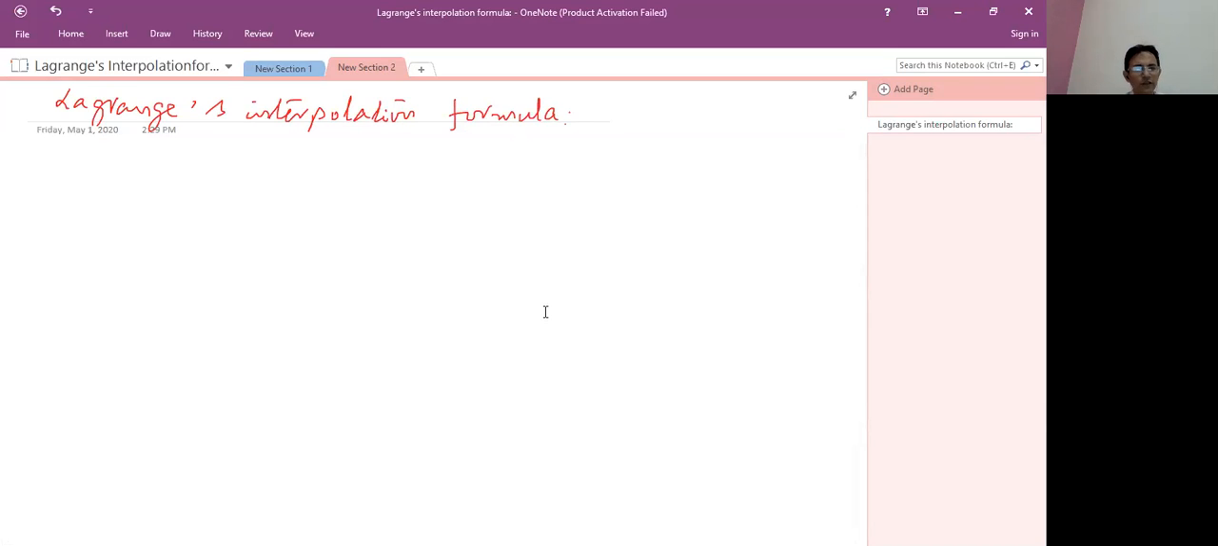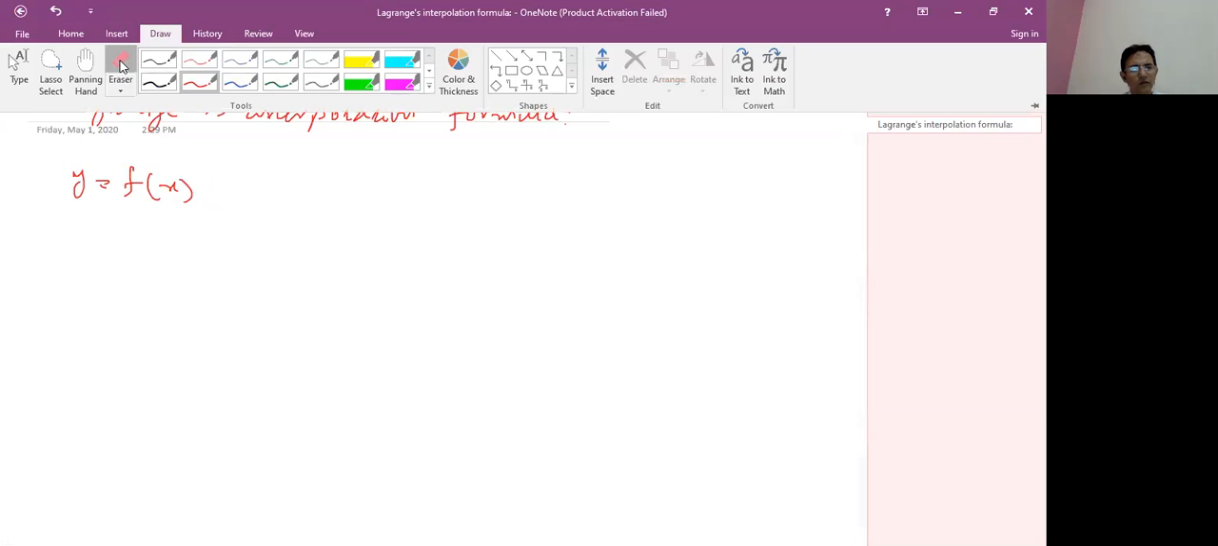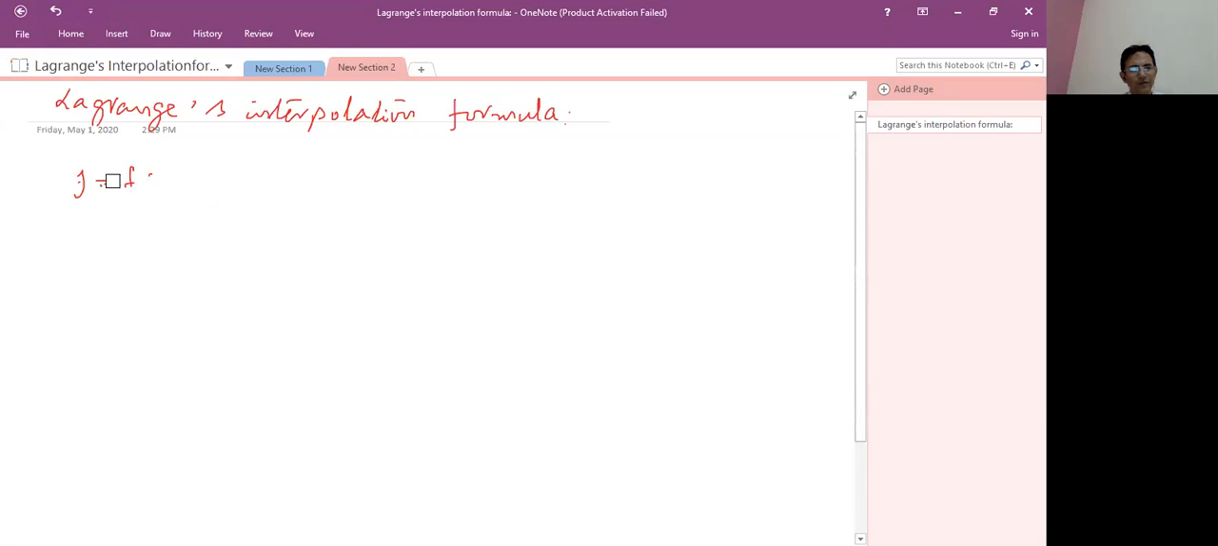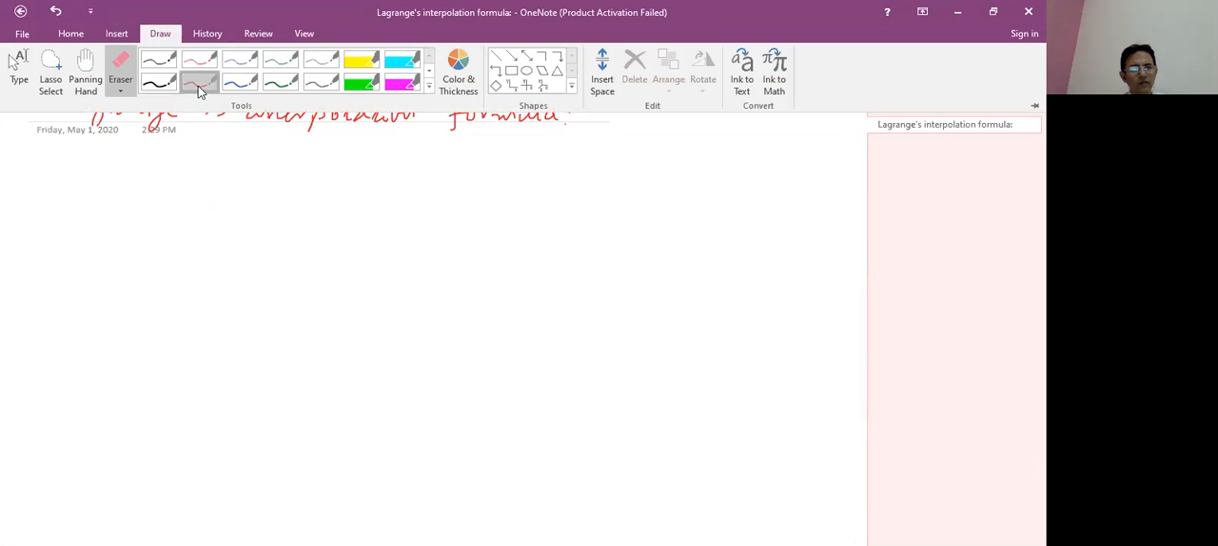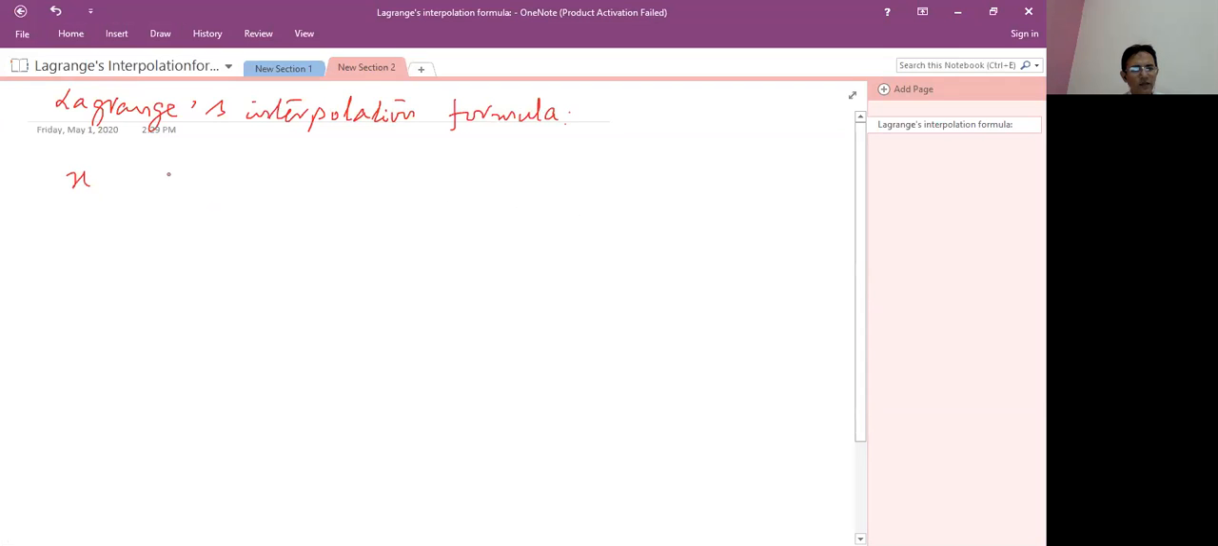Now, first we write the formula about Lagrange's. So y is equals to f of x. If you find the argument, for example, student, if we consider with the help of arguments, first we write the arguments. So what is x and y? It means